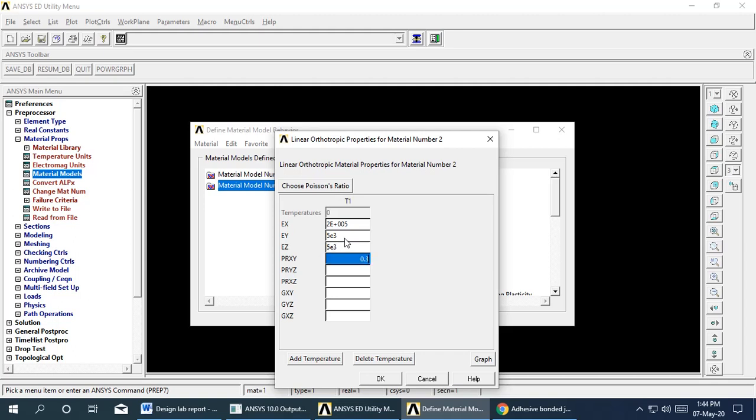Poisson's ratio is 0.3 along xy, yz is also 0.3, and along the z direction is also 0.3. Shear modulus along xy is 4 e to the power of 3, and along yz and xz planes it is 2 e to the power of 3 and 2 e to the power of 3.